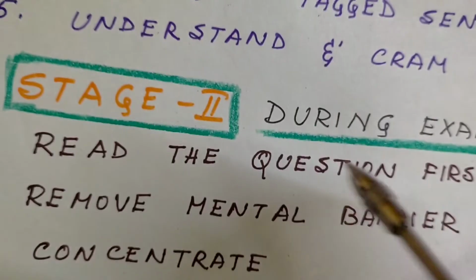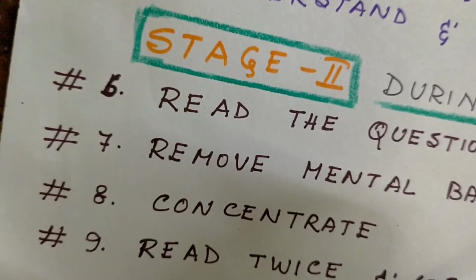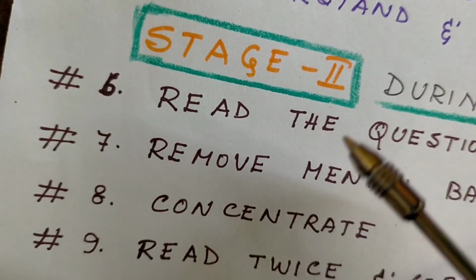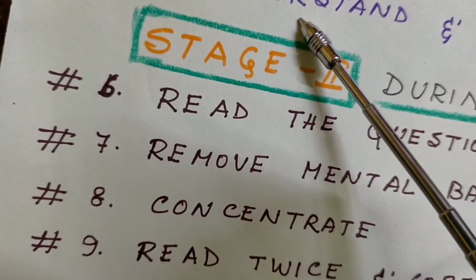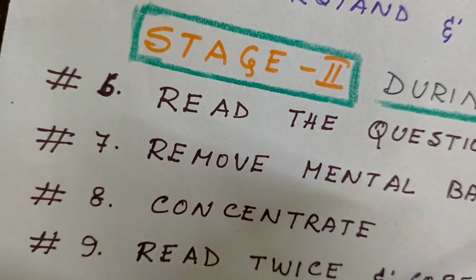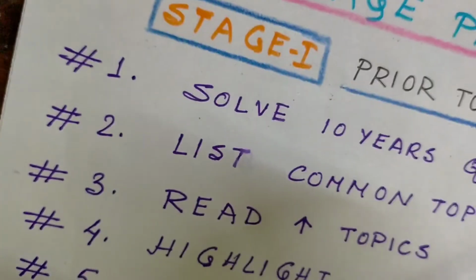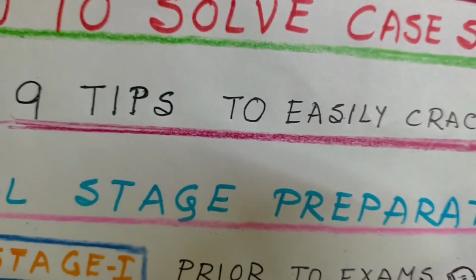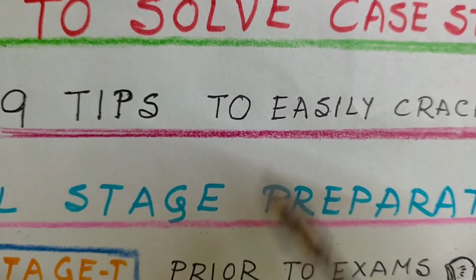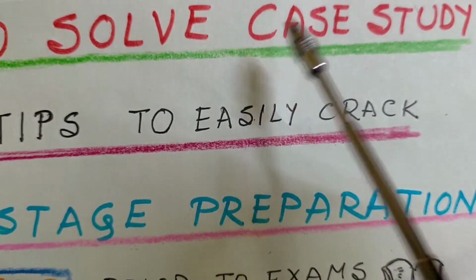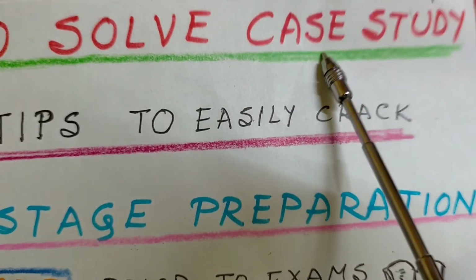So if you solve case studies by following these 9 points, I can give you a 100% guarantee that you are definitely going to solve each and every case from whichever topic it is coming. Whatever be the topic, the case is yours. Because we must understand what a case study is. A case study is a simple application of the knowledge which we are getting. It's a practical application of the knowledge. All the theories that we are learning in business studies have some practical application, and the case study is giving us a practical application of the theories.